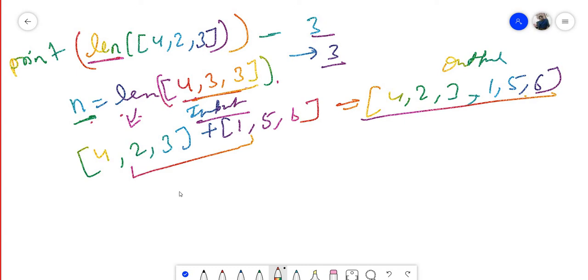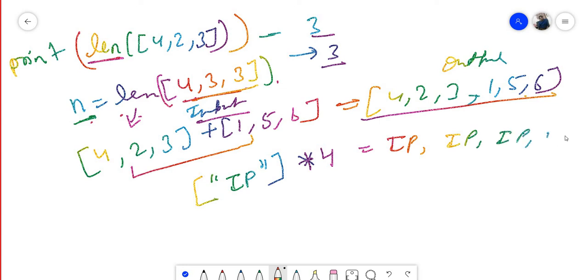Suppose any variable, any string is given. Suppose IP is given over here, and you multiply by a particular number, suppose 4 times, 3 times, 6 times, then it is IP, IP, IP, IP. 4 times it will print.